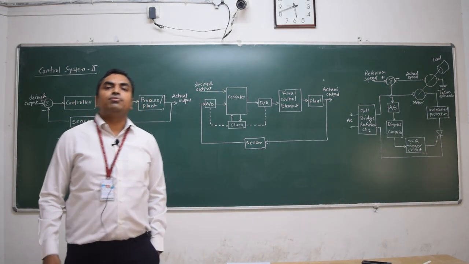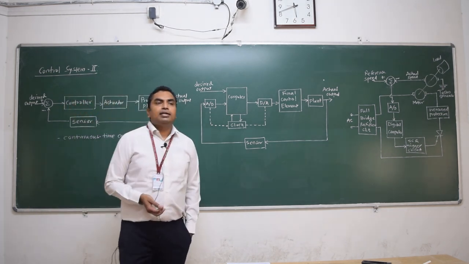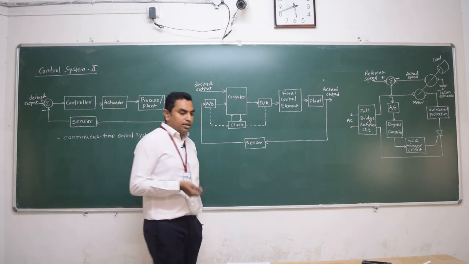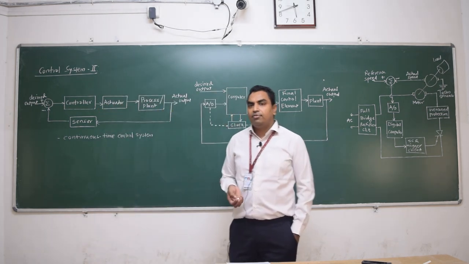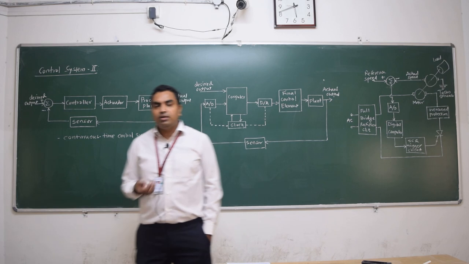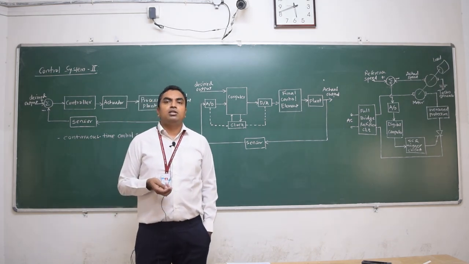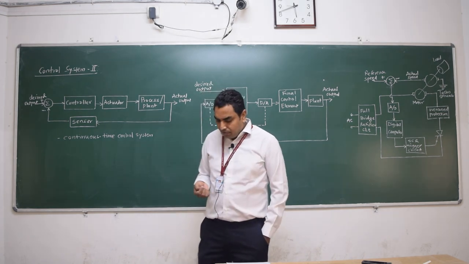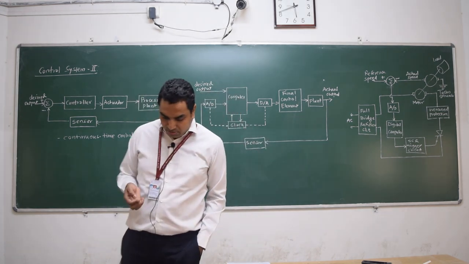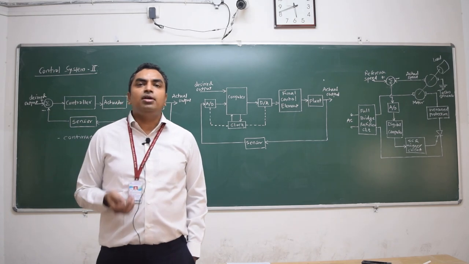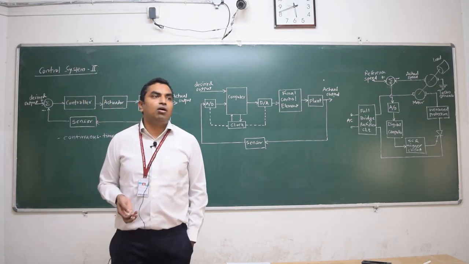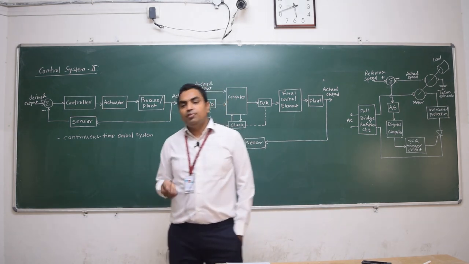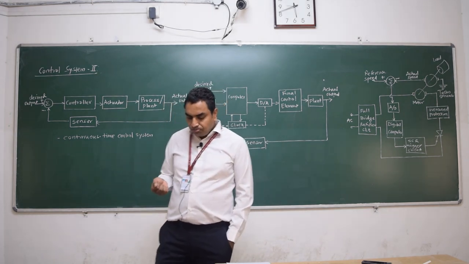State space method for stability analysis, and in that case we will see how to find out the solution of the state equations. And finally, in the last unit, we will talk about designing controllers based on the state space analysis, designing state feedback based controllers and observers. Now this is more about the modern control theory. In general we call this a modern control theory. So these topics we will discuss in control system 2.